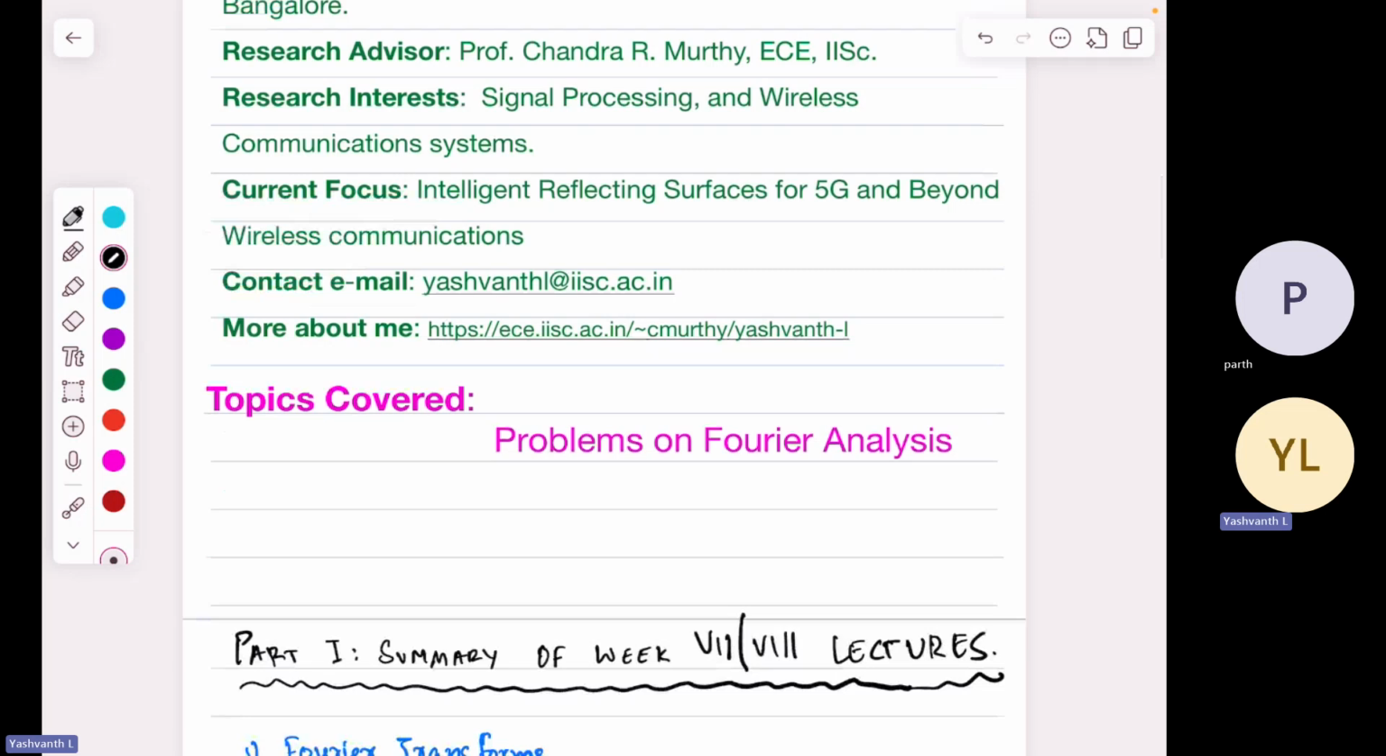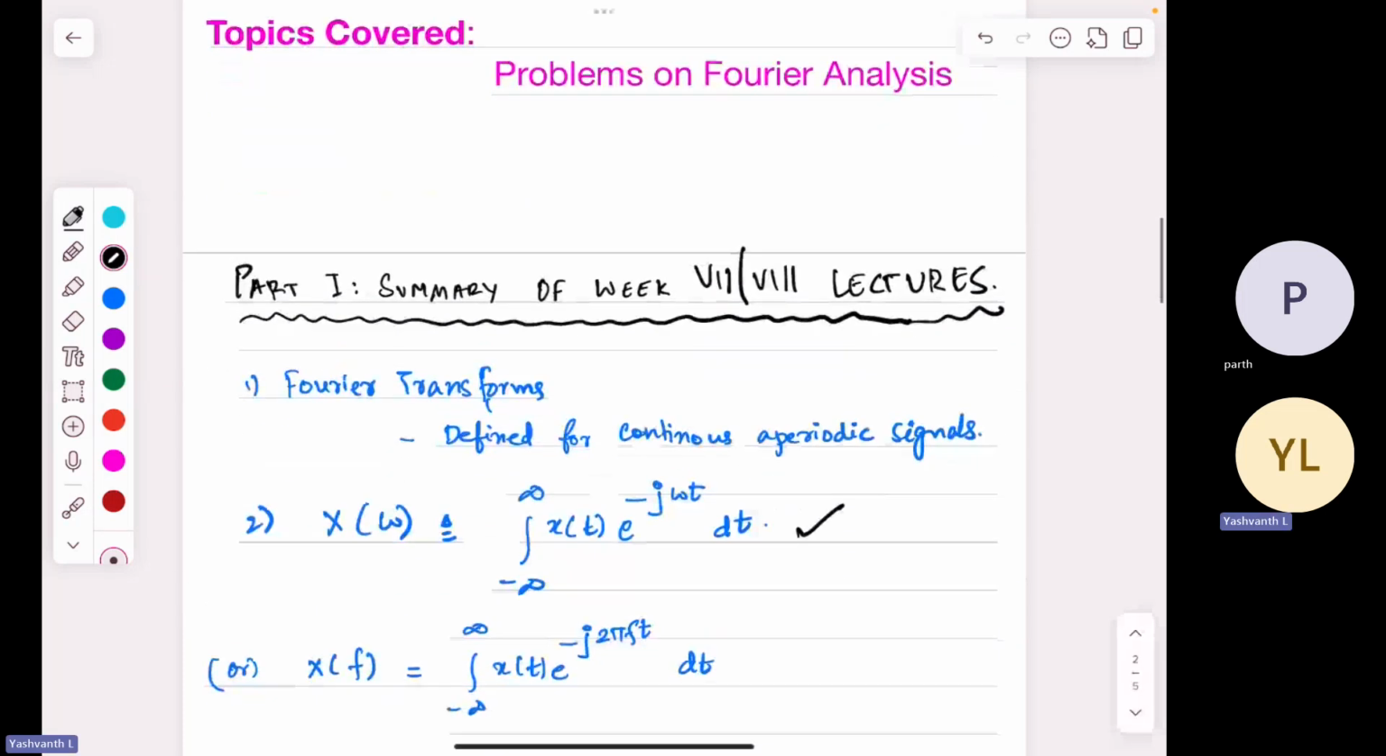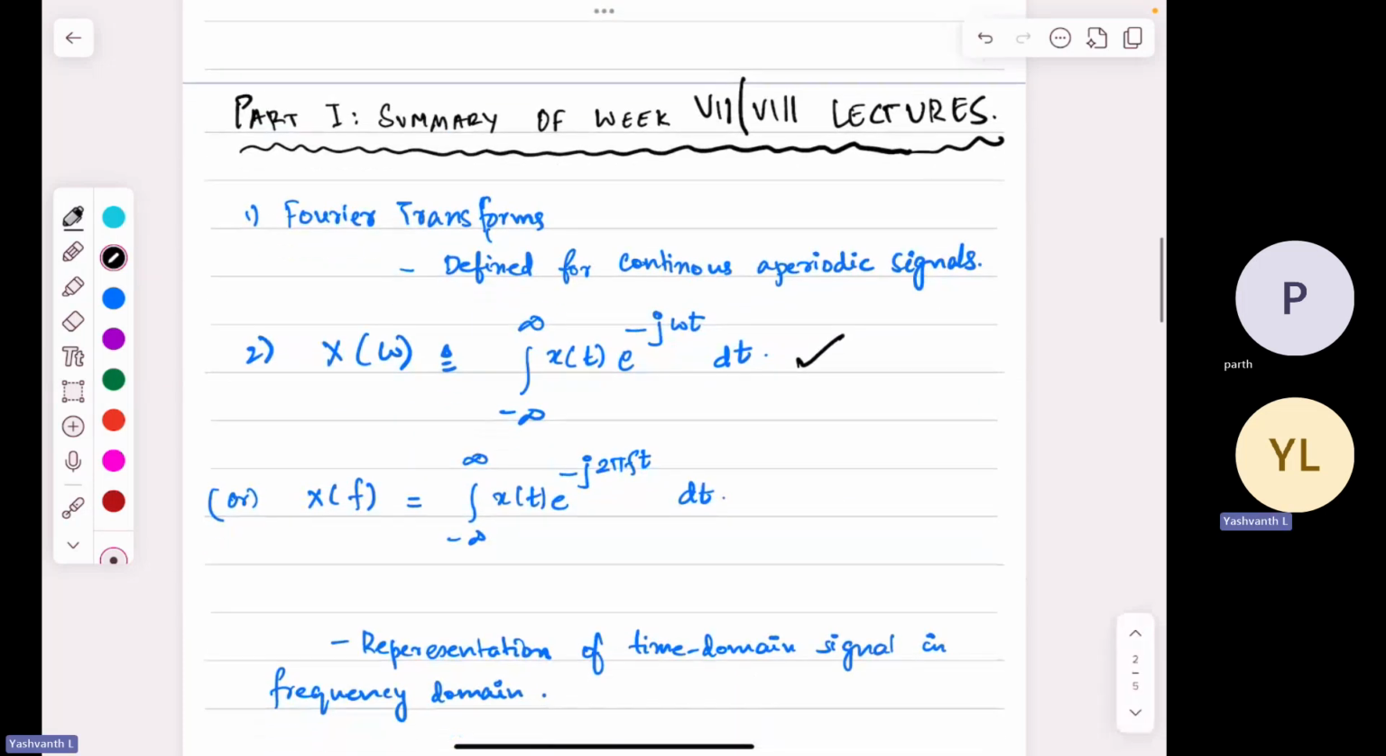I think in the last class we had dealt a lot with Fourier series, and we had seen how easily you can solve very difficult problems just by using the properties of Fourier series. So today we will focus on Fourier transforms completely. We will again see how well we can use properties of Fourier transforms to simplify the solution to even a very difficult problem. Okay, so part one, as usual, summary, but this summary is going to be quite short